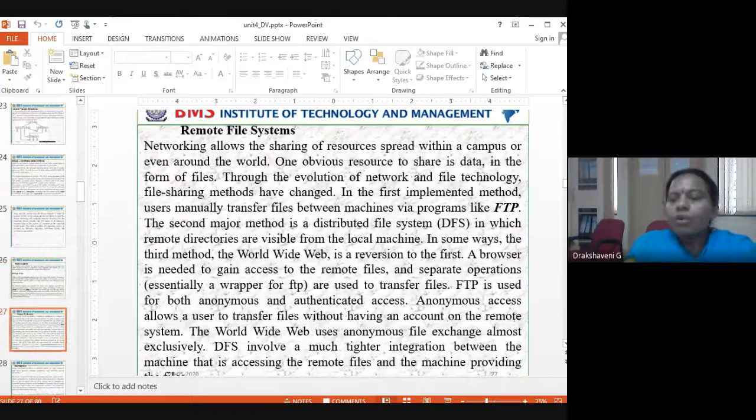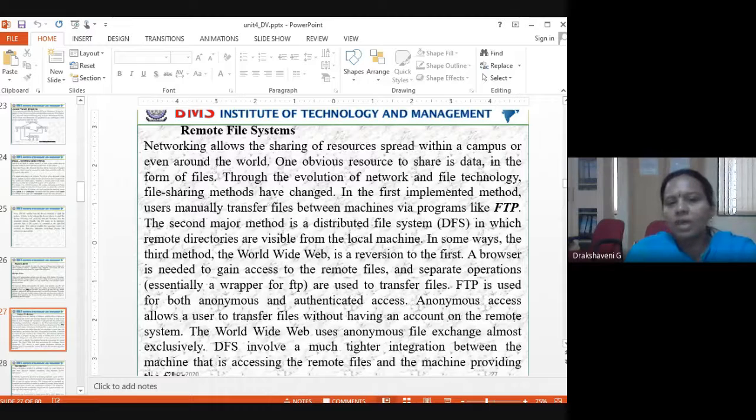So now, remote file systems. What we are doing online is a remote file. So I'm sharing my PPT with you people, because when you log in, you can see my desktop, my window also. Then what we are doing is sharing. We are sharing remotely. Now Ashok is in the hospital, Bhavisha is somewhere, Chaitra is somewhere, but I am in the college. So how are we doing it? We are using remote access only. That's what remote file systems are.